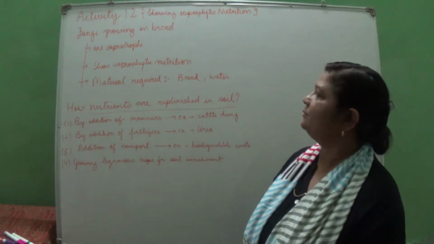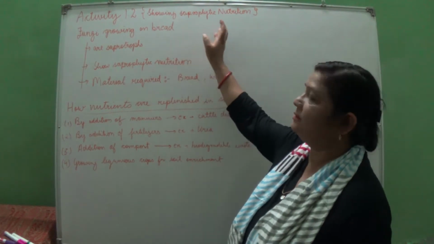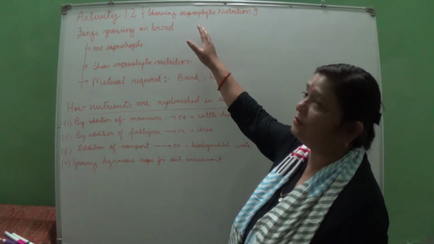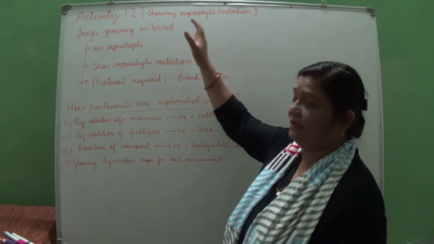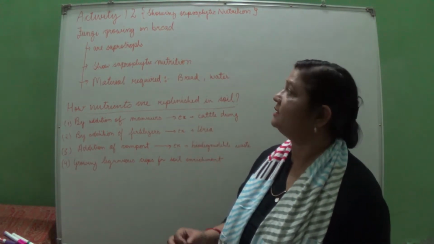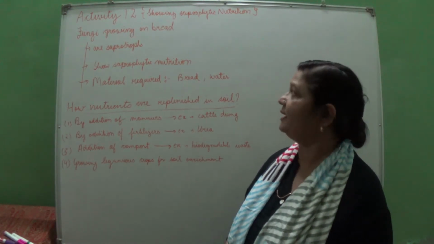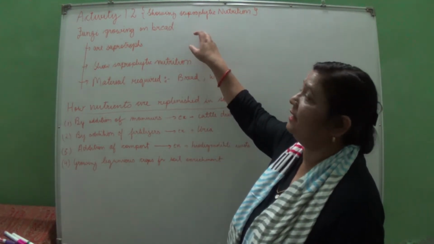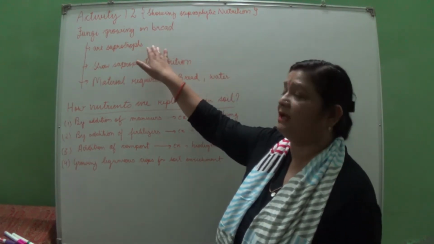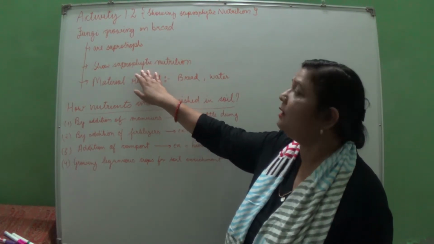Hello students, today we are going to study activity 1.2 of the chapter Nutrition in Plants of the NCERT book. This is about saprophytic nutrition. In this we will be studying fungi. I said to you earlier, it doesn't prepare its own food. It depends for food on dead and decaying matter, and as a result it follows the saprophytic mode of nutrition. These fungi are known as saprotrophs, and the nutrition is saprotrophic nutrition.